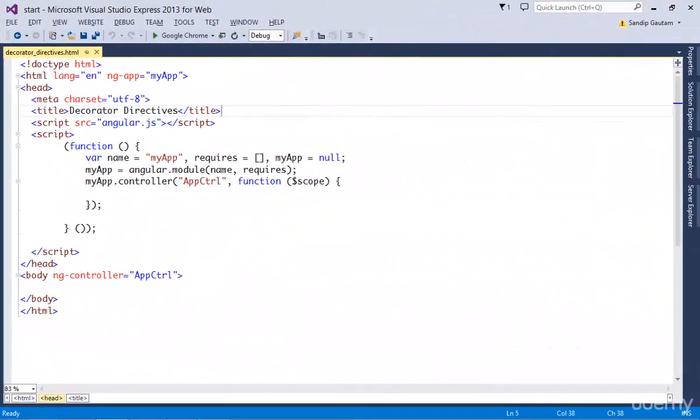We use the link function for doing DOM manipulation inside our directive and for adding event listeners. So this time I'm going to create a different type of directive called the decorative directive. The directive we created in the previous lecture was a domain-specific component directive, which we mostly restrict as an element. When we create a decorative directive, we restrict it as an attribute, which is kind of a decorator attribute, adding new behaviors